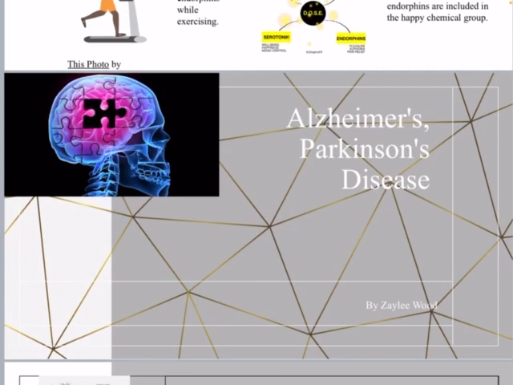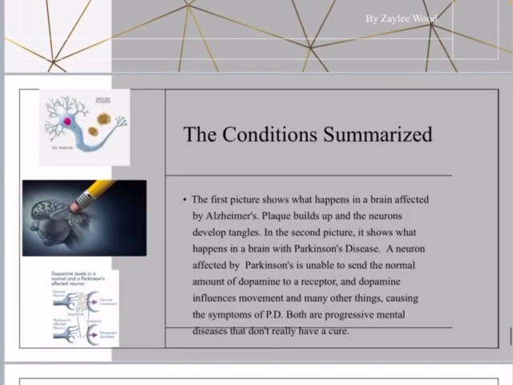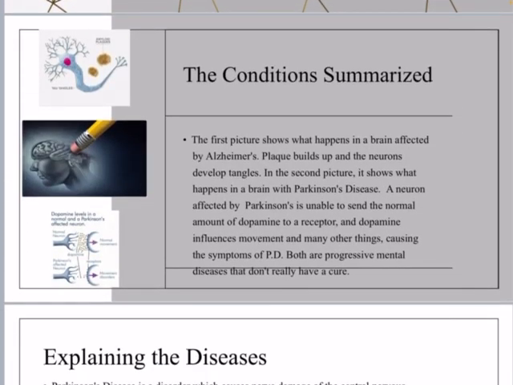This project was on Alzheimer's and Parkinson's disease. The conditions summarized. The first picture shows what happens in a brain affected by Alzheimer's. Plaque builds up and the neurons develop tangles. The second picture shows what happens in a brain,